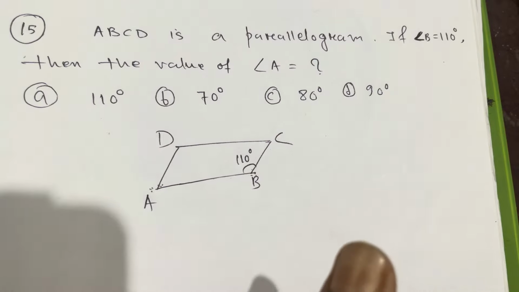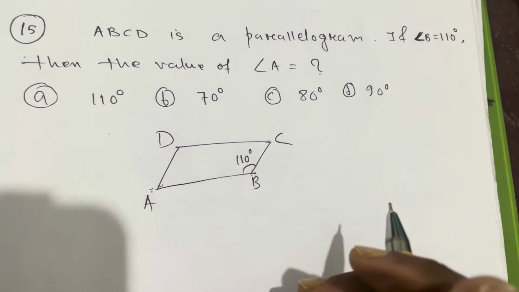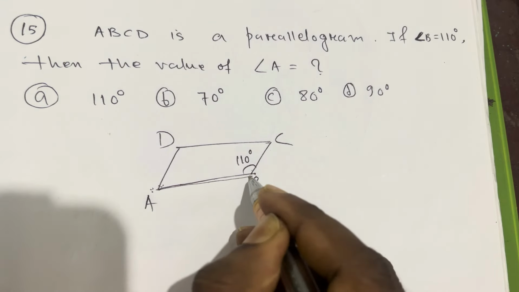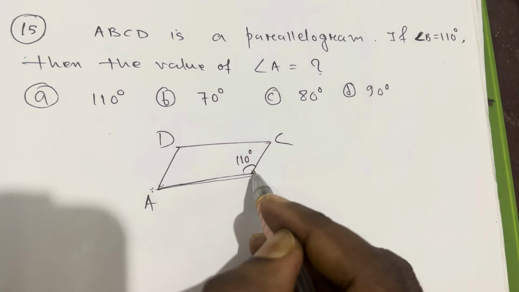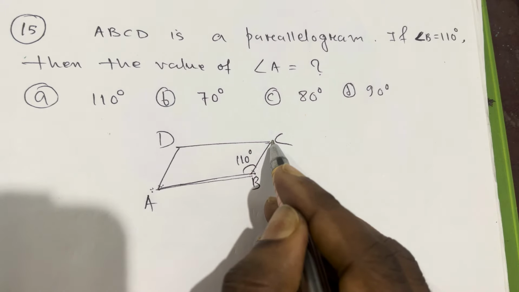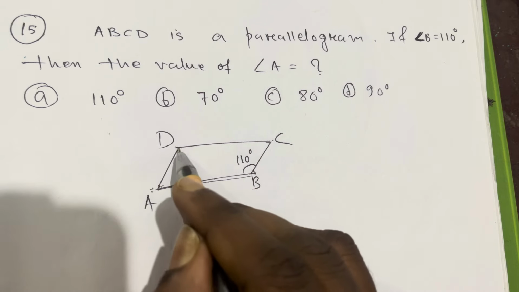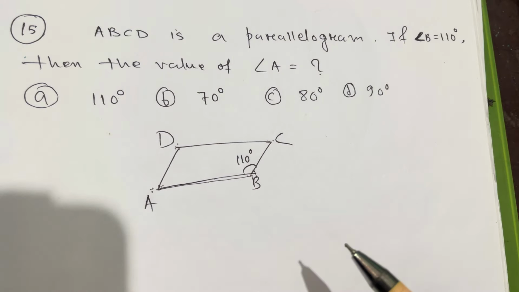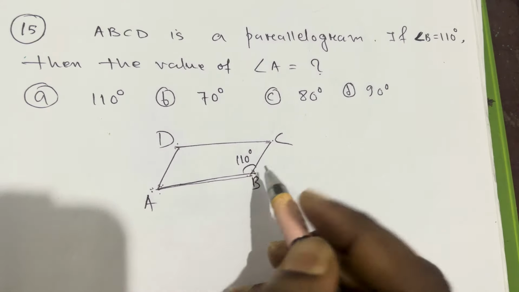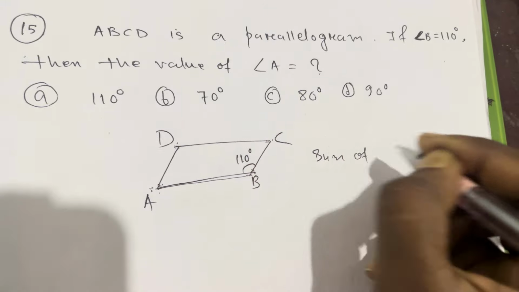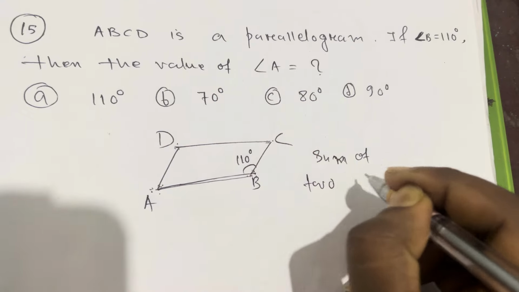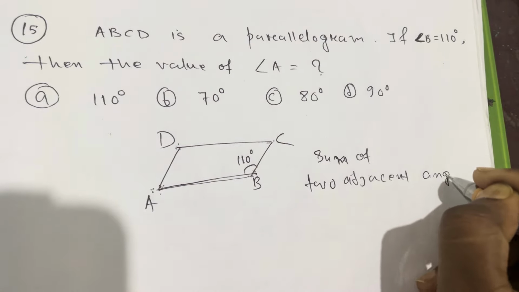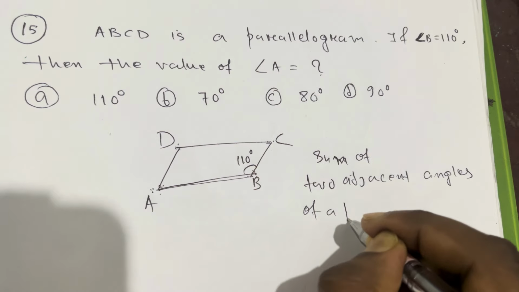Adjacent means connected angles, because A and B both are connected by this line. So A and B are adjacent angles, and B and C are also adjacent angles. C and D are adjacent angles. A and D are also adjacent angles. But B and D are not adjacent angles. There is no direct connection between B and D. So A and B are adjacent. So as you know, the sum of two adjacent angles of a parallelogram